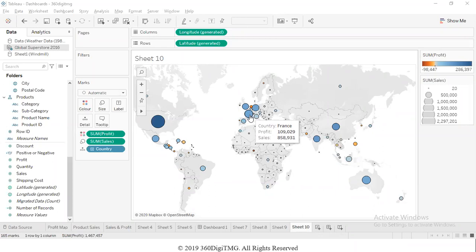And if we want to display, like, the name of the country, what the profit is and what the sales are, information about that mark will come when we hover the mouse pointer on that mark. It will be there on the tooltip for as long as the mouse pointer is hovering there. When we hover away and go to another mark, information about that mark will come.